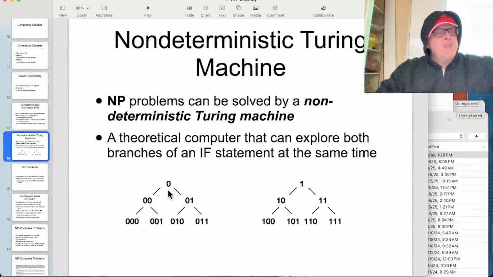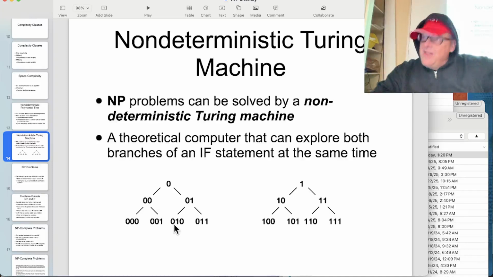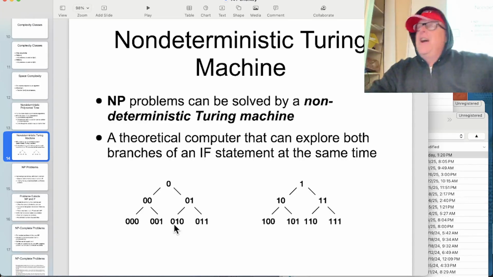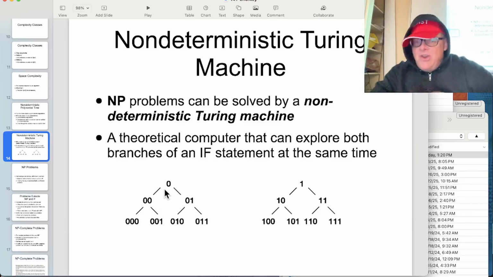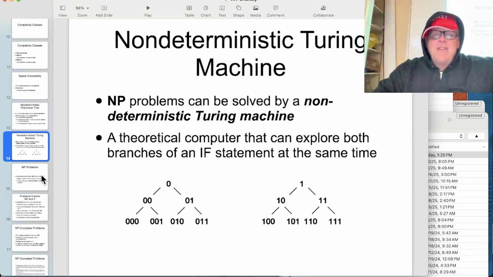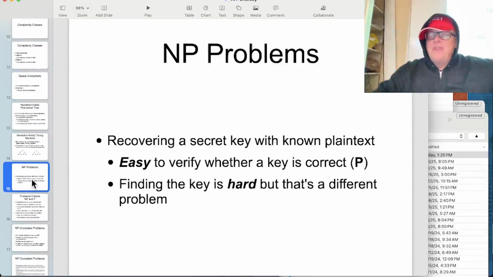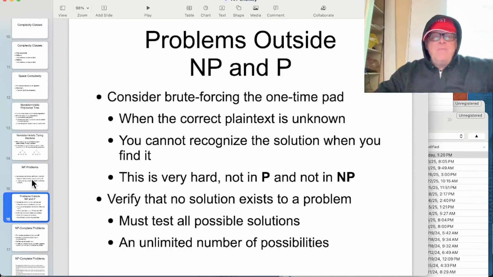But that's right. A quantum computer is not a non-deterministic Turing machine. That would be awesome. It does have some advantages, but it doesn't do this. So far, nobody has any proposal for any actual hardware that could do this. It would seem to be impossible to build any hardware that could really do that. But as a thought experiment, it helps understand the concept. So those are the NP problems.